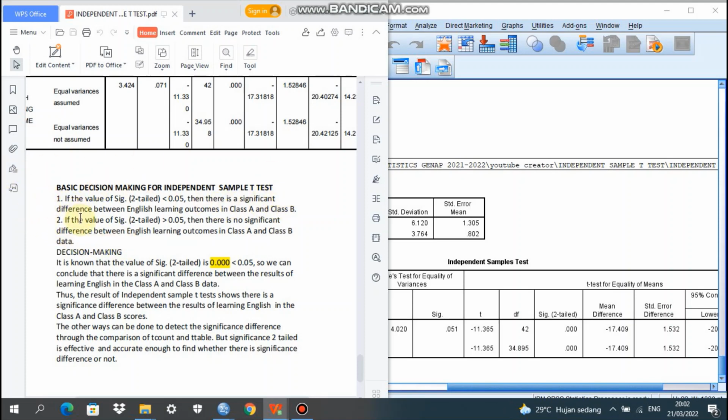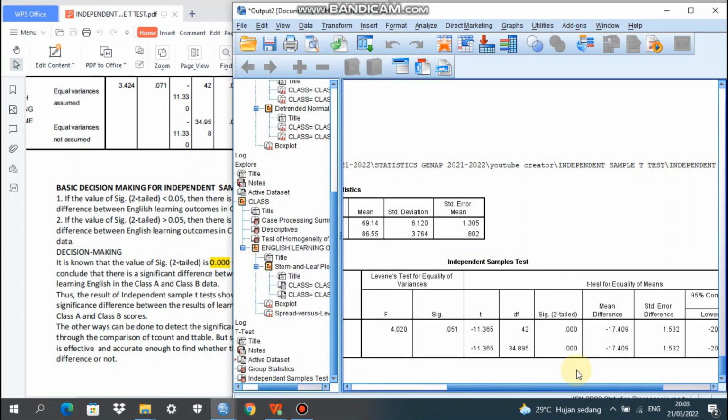Number 1, if the value of significance two-tailed is less than 0.05, it can be interpreted that there is a significant difference between English learning outcomes in Class A and Class B. But if the significance value two-tailed is more than 0.05, it can be said that there is no significant difference between English learning outcomes in Class A and Class B. Looking at the SPSS, the significance two-tailed is 0.000.